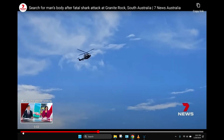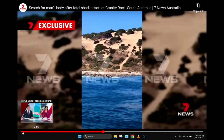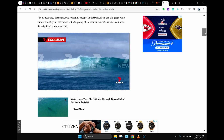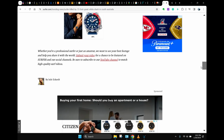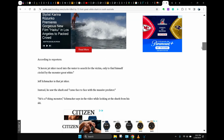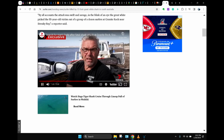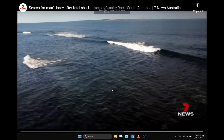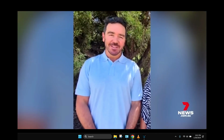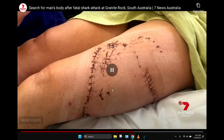As emergency crews raced to the popular surfing spot south of Streaky just after 10 a.m., traumatised beachgoers sat in shock. Many witnessed the attack from nearby rocks. Others had been in the water, including a paramedic paddling just metres away. Jeff is doubtful they'll ever find the victim. There was absolutely nothing. It was an eerie silence, I guess, and people walking slowly on the rocks. It's the third attack in South Australian waters this year, the second fatal one. In May, school teacher Simon Bacanello died at Elliston, also on Eyre Peninsula. And earlier this month, Beachport grandma Pam...